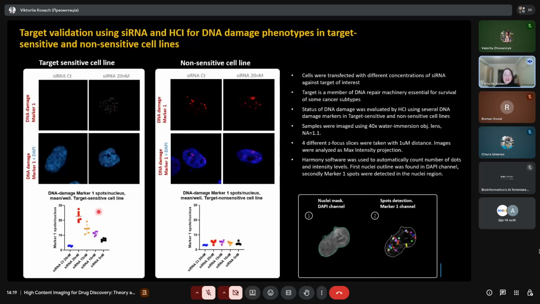And here, actually, after data analysis, we evaluated and received a very nice dose response in a sensitive cell